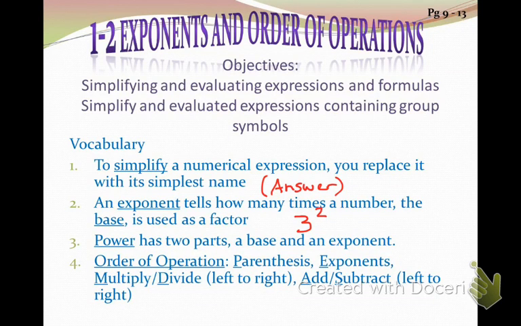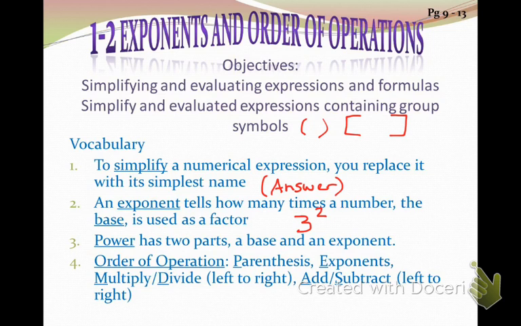Okay, today's lesson is exponents and order of operations. Today's objectives are simplifying and evaluating expressions and formulas, and simplifying and evaluating expressions containing group symbols, like parentheses or brackets, that kind of stuff. The vocabulary we have: to simplify a numerical expression, you replace it with its simplest name,